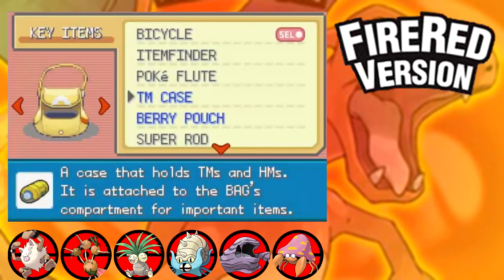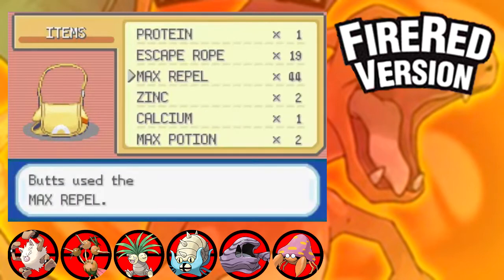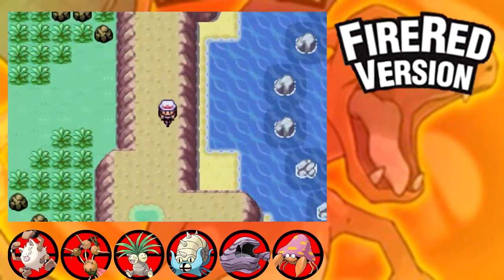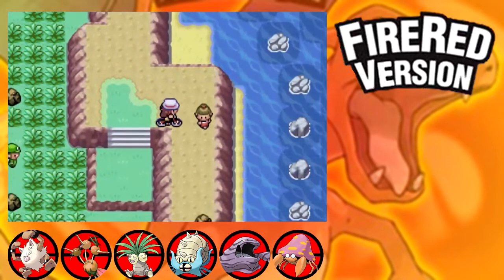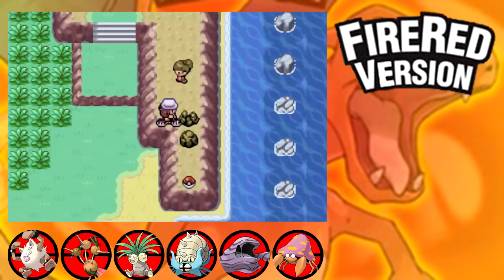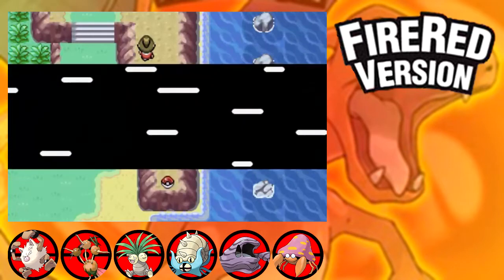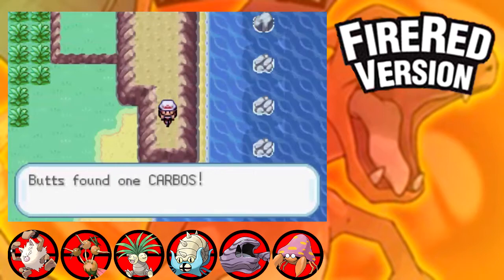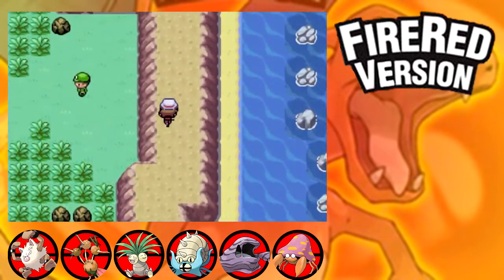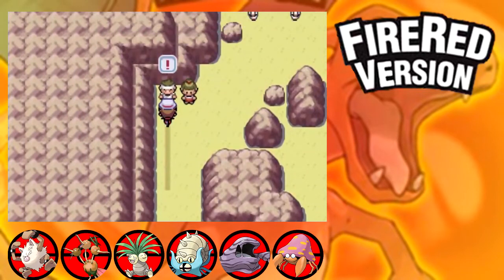Alright. I need to reapply my Repel. Okay, time to get the leftover items and then go up to get Moltres. And who knows, maybe find a Shuckle. Shuckle, Shuckle, Shuckle? Nope. Carbos! If my Pokemon weren't already completely EV trained, that would be a very, very nice thing to have. But as it stands, I will probably just sell it for 49. Why did I...